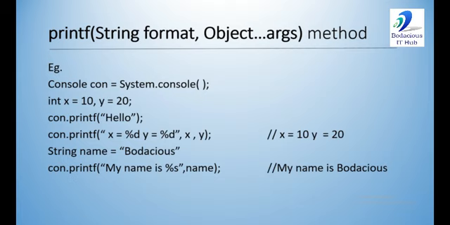So console is combination of standard input device and standard output device. So standard input device is keyboard, standard output device is monitor. So console is combination of keyboard and monitor. So using console object, it is possible to interact with both input device and output device as well. So when we call readLine method, we are interacting with input device. When we call printf method, we are interacting with output device. Now we will take some examples of these methods.